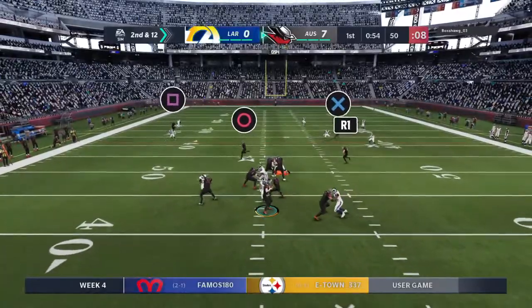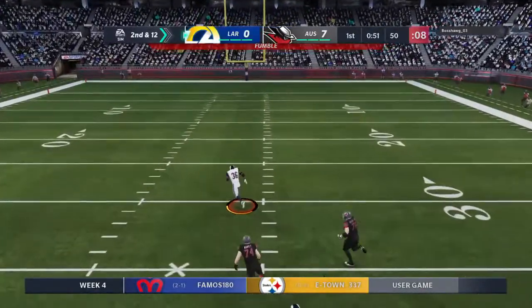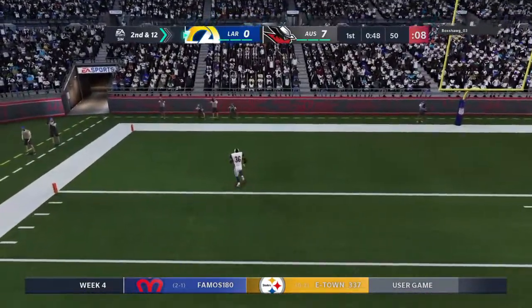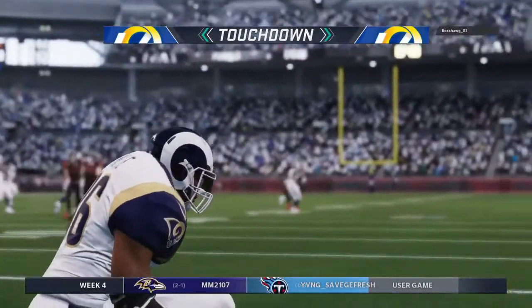Young now from the 50. Nowhere to go here. He lost the football. And now the Rams have got it. Going the other way. And they are going to score on a full return. Touchdown,